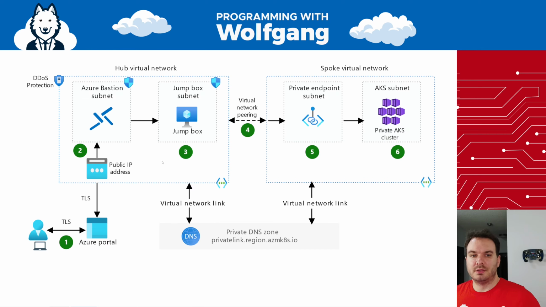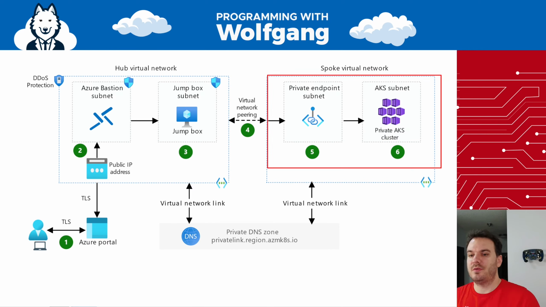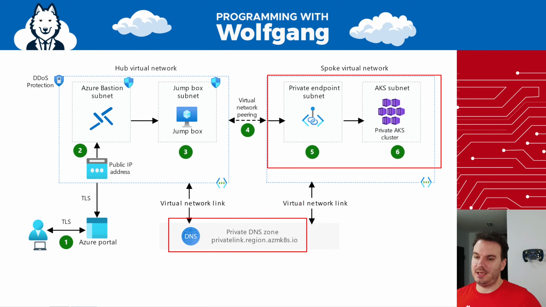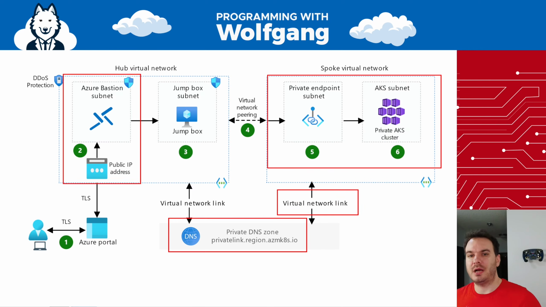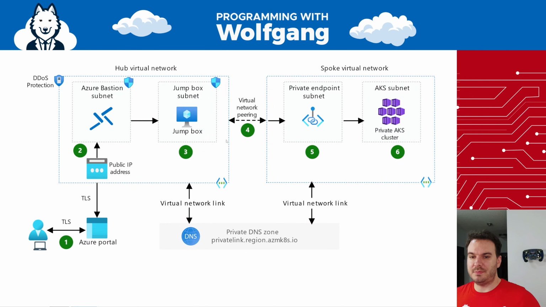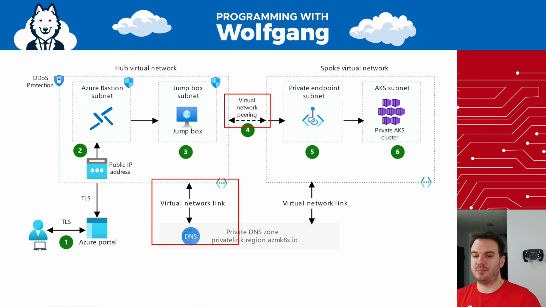We are almost done. So far, we have created our private AKS cluster with a private endpoint. This automatically created a private DNS zone and linked the network. Then we created our Azure Bastion with a public IP address, and we created our VM. The two steps that are left are the virtual network peering and then adding the Vnet to the private DNS